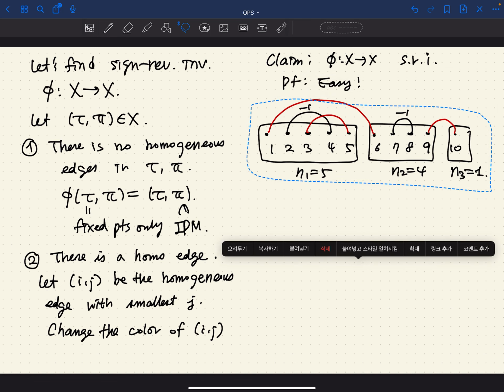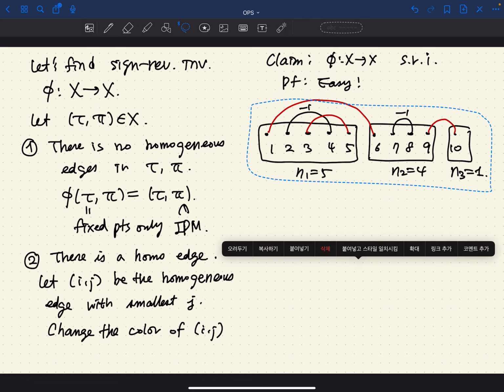So it's a set of collections B1 through Br such that, first, every Bi is a non-empty set of homogeneous cycles C_ji. And second,